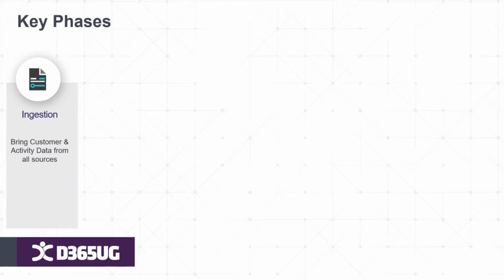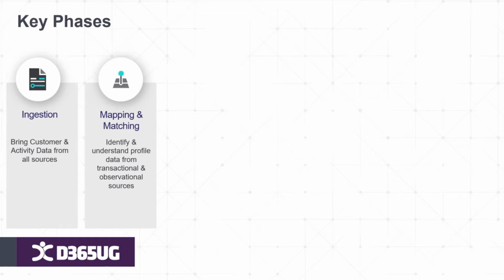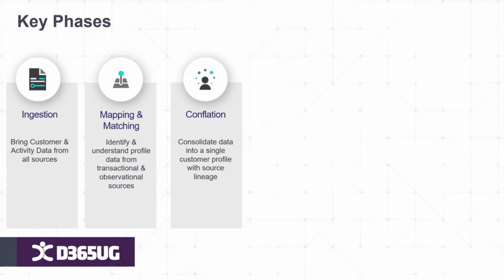So the key phases that you're going to see in some demonstrations: ingestion of customer data, the map, match and merge functionality, so creating and identifying a unique user profile from disparate data sources, conflating them, which means bringing them together into a single unified profile,